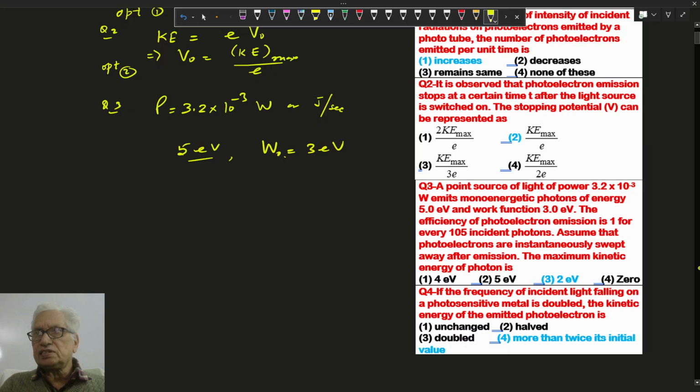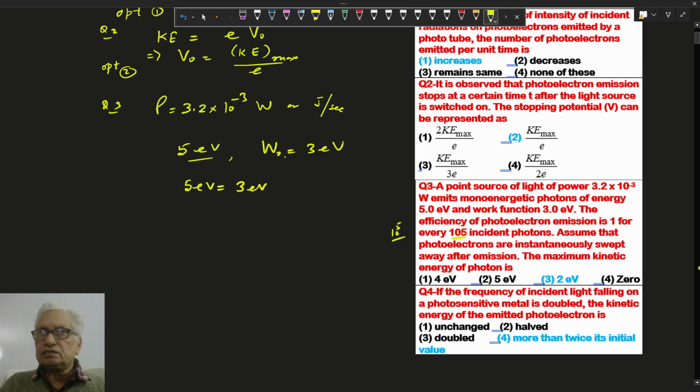The efficiency of the emission is 1 for 10 to the power 5 incident photons. Assuming that photoelectrons are instantly swept out, the maximum kinetic energy, it means energy incident is equal to